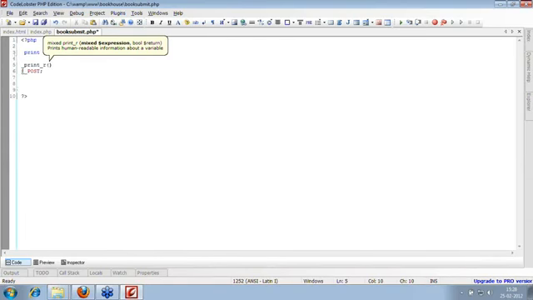This is because $_POST is an array, so I'll put it into my print_r function. Now each statement in PHP terminates with a semicolon. So make sure you finish your statement by using the semicolon, otherwise you will get an error. Now I'll just run it to show how it prints.